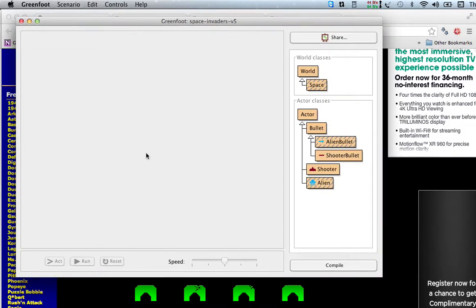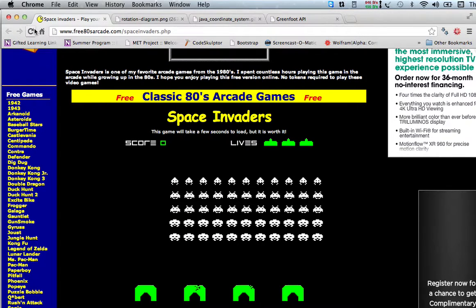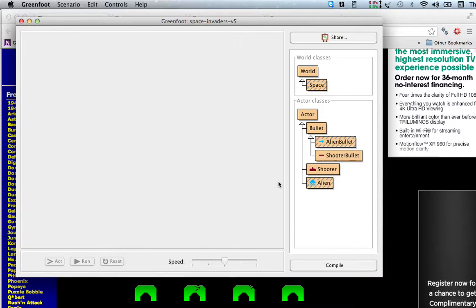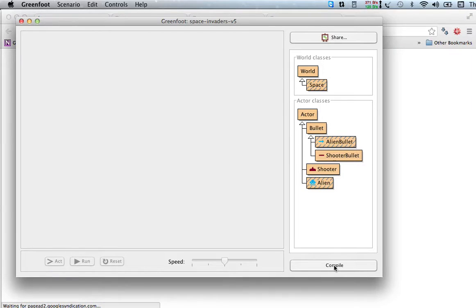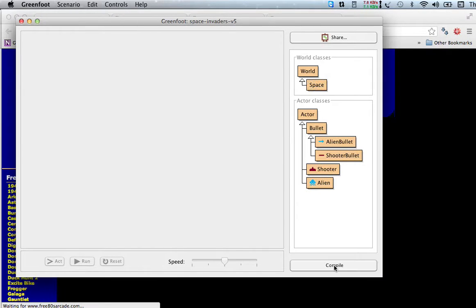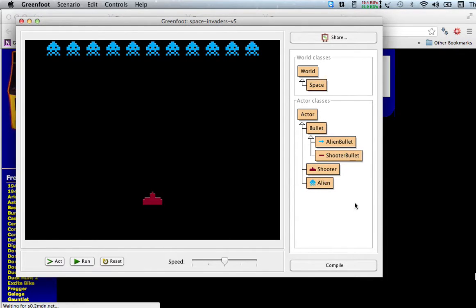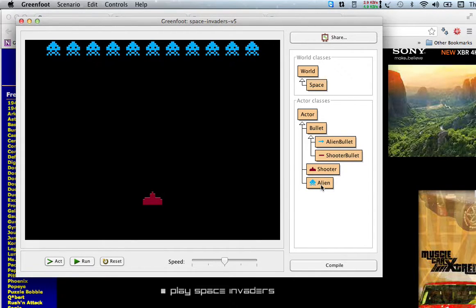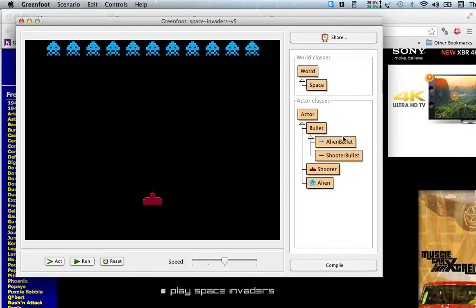So what I want to do, how do I stop this noise? I'll just restart it. So what I want to do is change the way I'm moving things here. Let me recompile. So what I'm going to do is, because I'm using the move method from Actor right